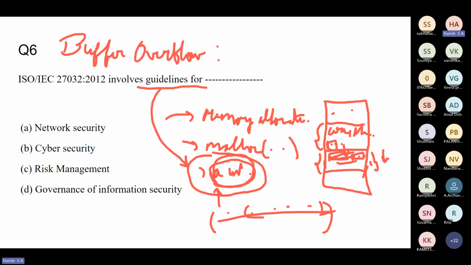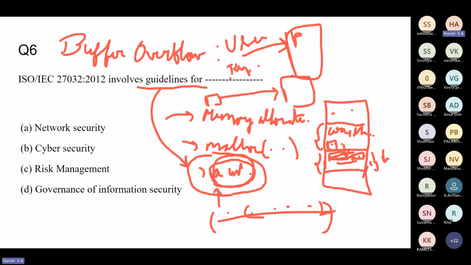Attackers have found a way to overflow any variable or any input to a program. So he's asking how the code is input. Basically, any program that is running on user input. The user input could be what you enter on the keyboard, or what you send as a packet on the network. So this program could be running on a server as well. That is the input, and you enter something that's not expected by the computer, by the server or the program. Okay, so I'll just be clear again.